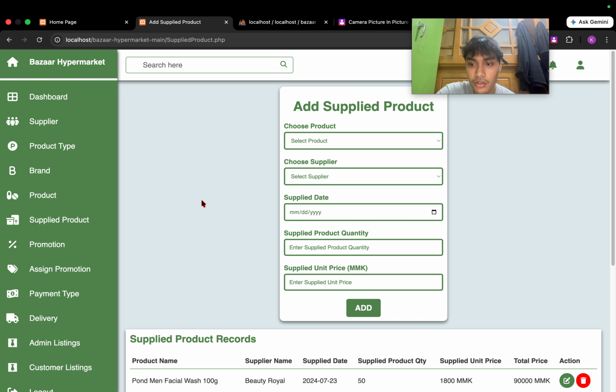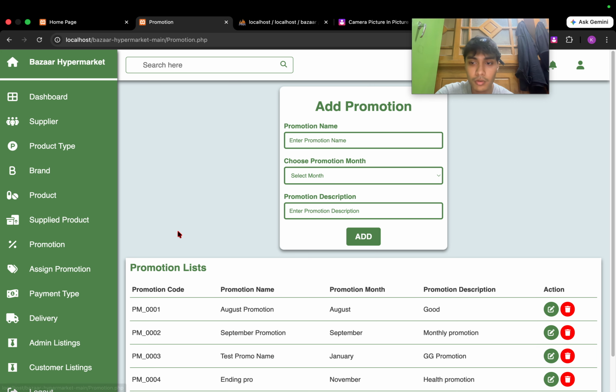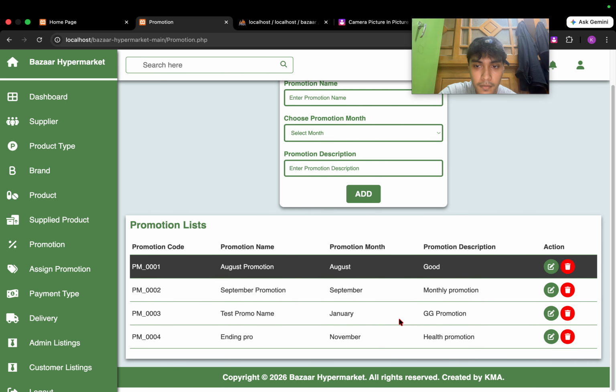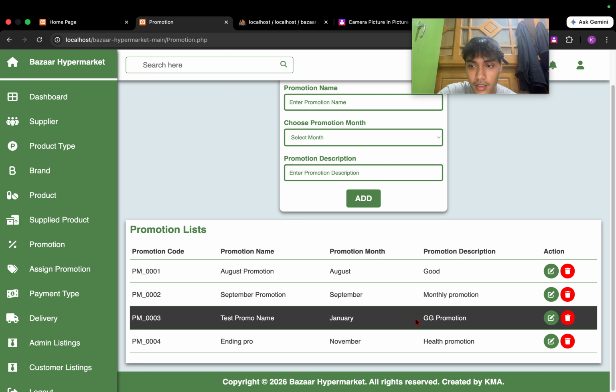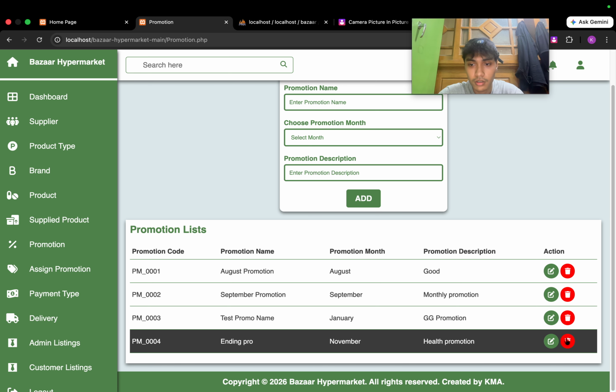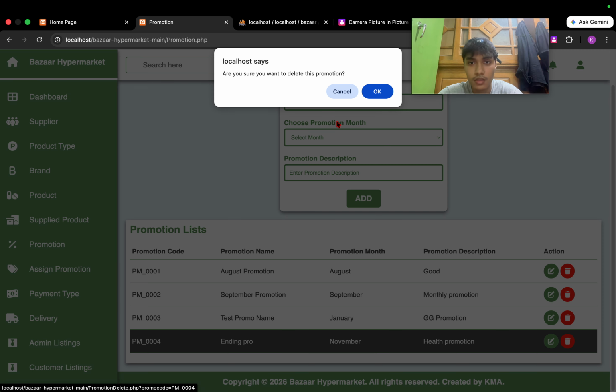Next, I will show the add promotion. This is the promotion section. In this section the admin can add a promotion, update an existing promotion, edit a promotion, and delete a promotion. So add promotion is deleted.